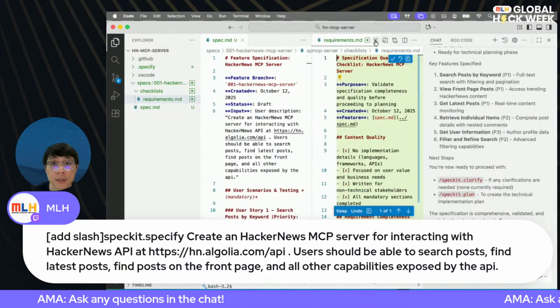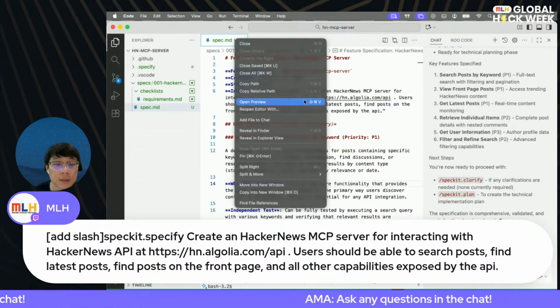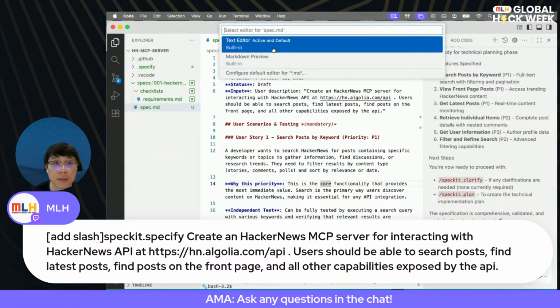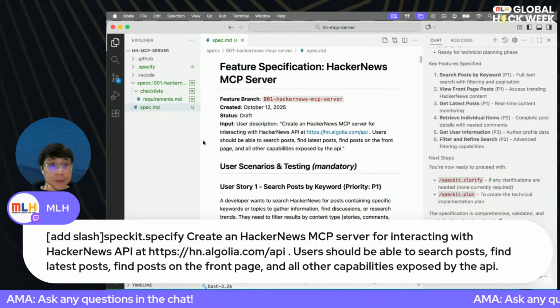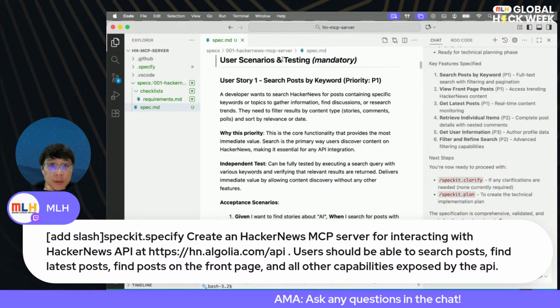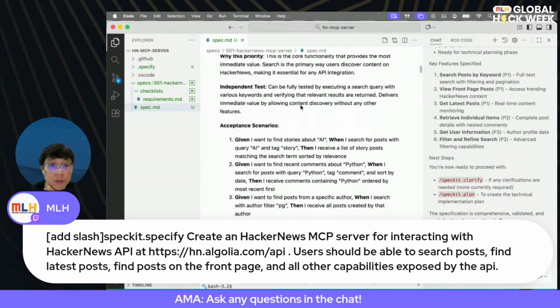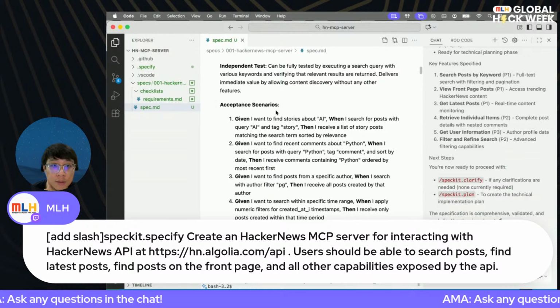Okay, so maybe I would right click and reopen editor with Markdown preview. All right, excellent. So you can now see a feature specification has been created, and it's creating different user stories of different features